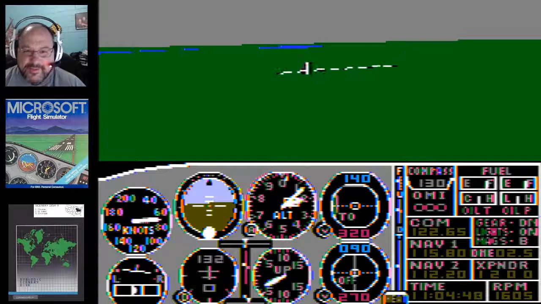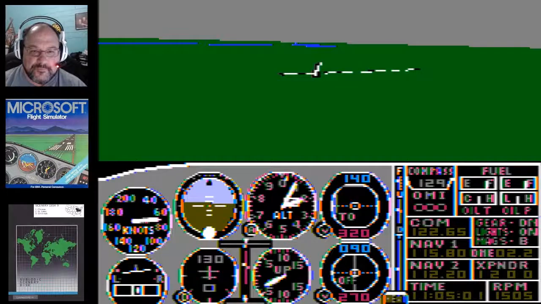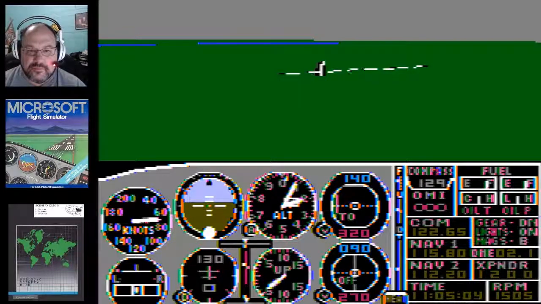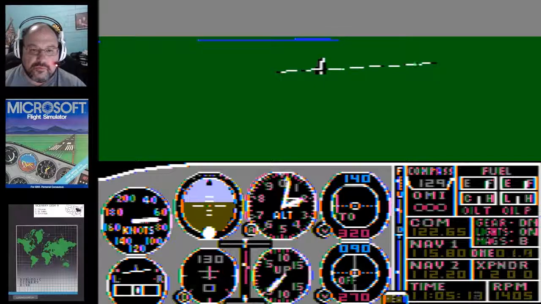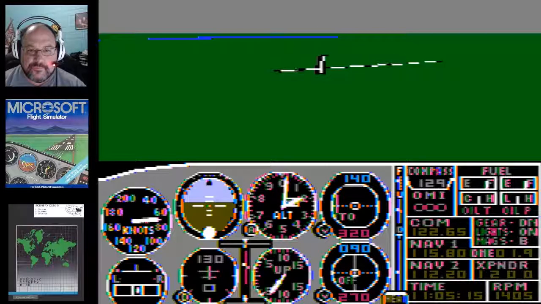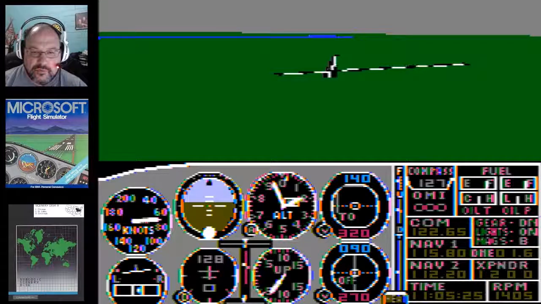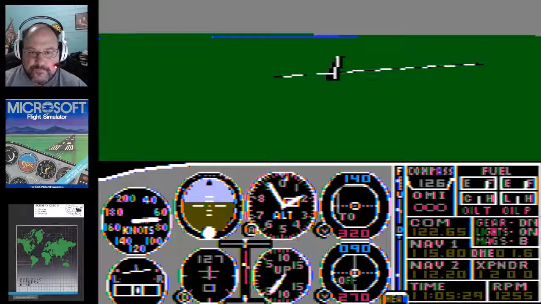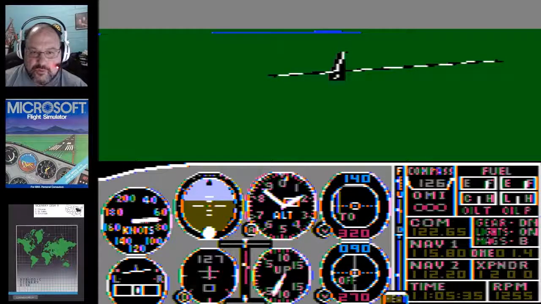Whoops. That would be the landing gear. We were looking straight down, in case you were wondering what that was. Two miles. I think the wind is blowing us slightly off course here. Trying to get us over here so that way we can